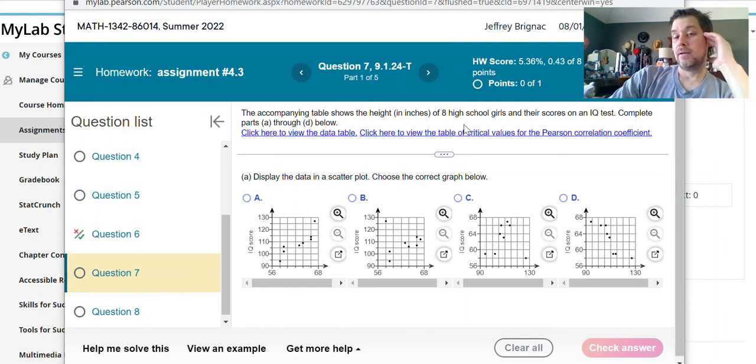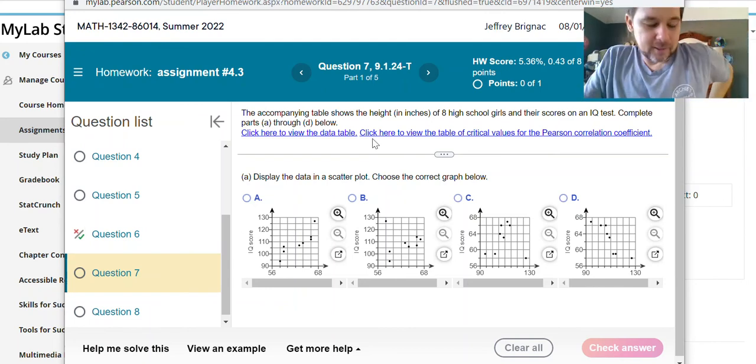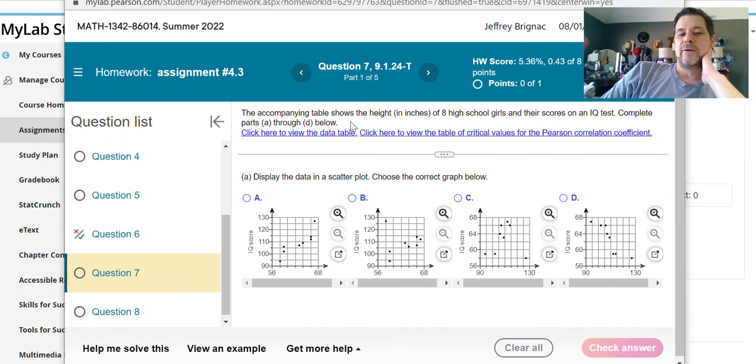Sure, you can take 8 people and measure their height and measure their IQ and make that into points and put the points on a graph and call it a scatter plot. You can do that. I don't think you'll see a pattern though, all right? I kind of think B might be the answer, but I wouldn't say any of these are real strong. Maybe A or B, but let's see. Maybe I'm wrong, and that's why we make scatter plots, to see if maybe there's a trend between two variables that we